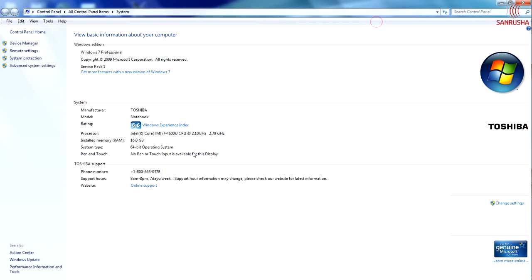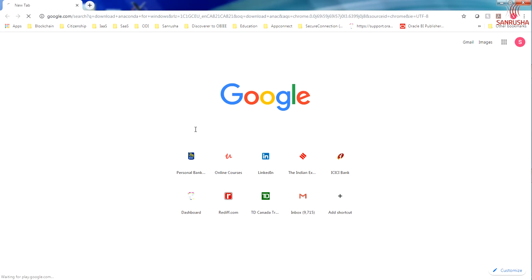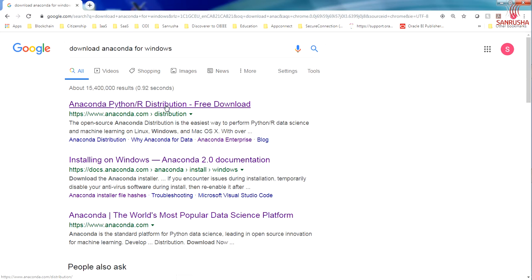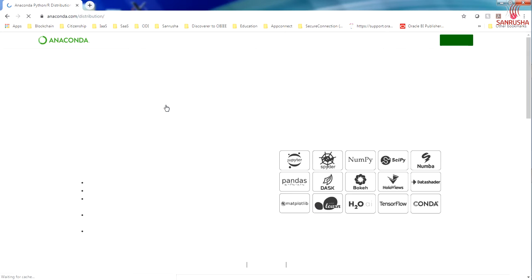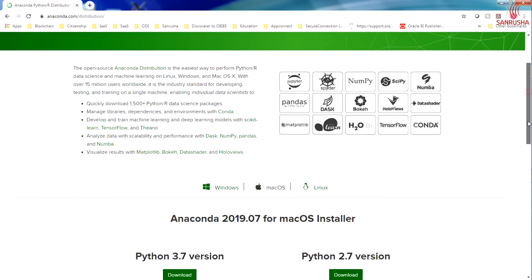Let's begin. Before you start downloading Jupyter, you need to confirm whether you have a 64-bit operating system or a 32-bit operating system. On the Windows platform, this is how you can confirm, and over here I have 64-bit. A simple way is to go to Google and search for download Anaconda, and it will take you to www.anaconda.com. Make sure you click on the Windows operating system